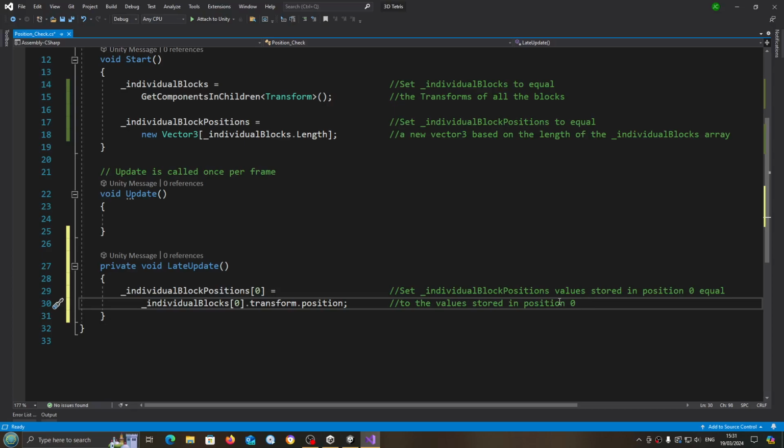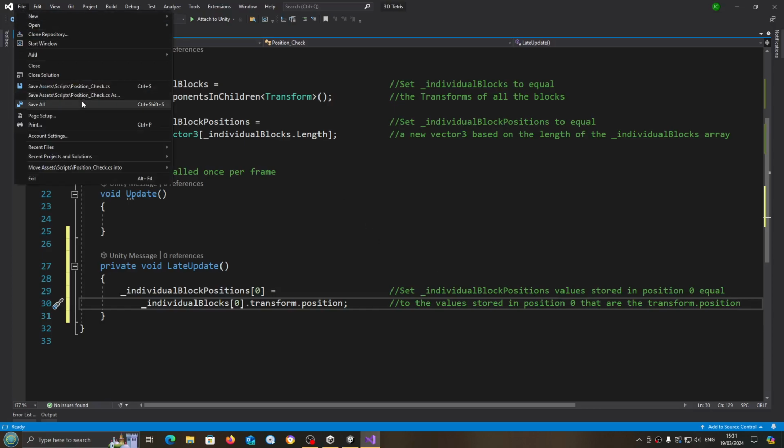I'm just trying to think how to word this. That are the transform dot position, and this is just because we're not getting all the transform